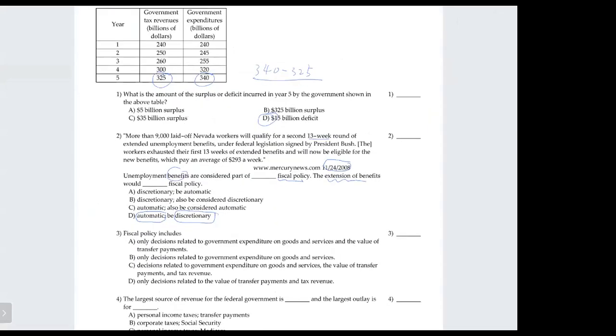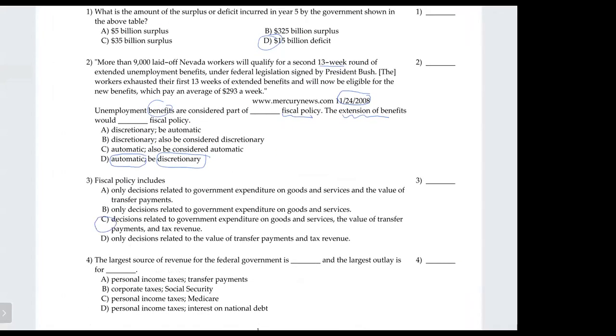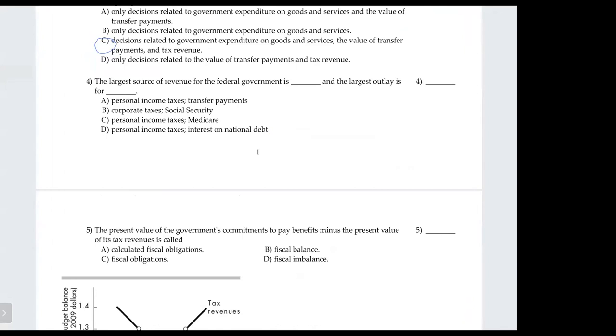Right. So now go to 4. The largest source of revenue for the federal government is. So the answer is A. Actually, we have seen a pie chart that shows the sources of government revenue and also how the government spends its tax revenue. Please refer to that part in your slides. But this is the basic fact. And by the way, this is the U.S. federal government, and this should be true for most